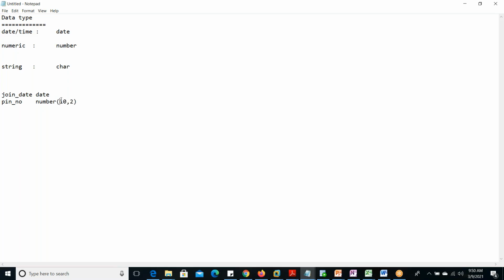Precision. This is the length. 10 is the highest length whenever we are entering the data for this column. It can be 20 also. If you are giving 20, then it can allow up to 20 length. If you are giving 30, it can allow up to 30. So what is the maximum value we can give? 38. 39, 40 we cannot give. Maximum is 38 only. Okay, below 38, any value we can give. 1, 2, 3, 4, 5, 10, 15, 20, 22, anything we can give, no problem. Okay, and another is the int data type.